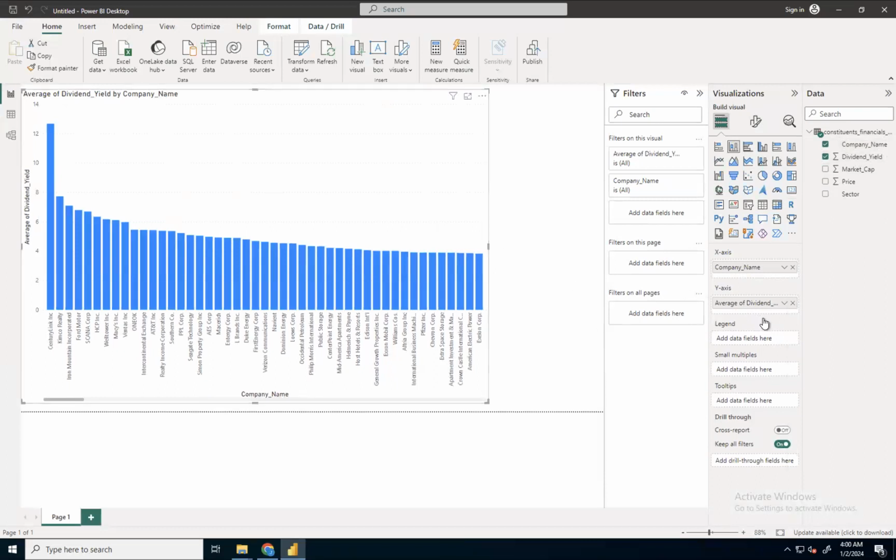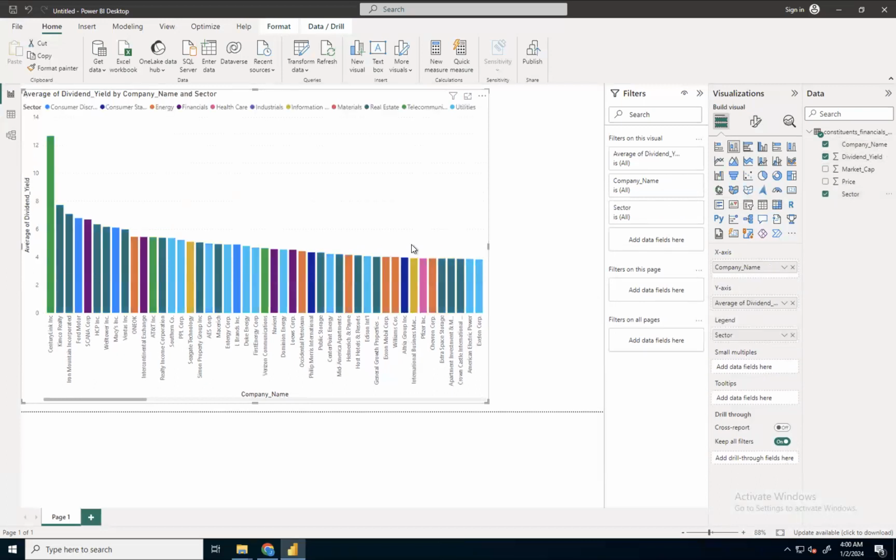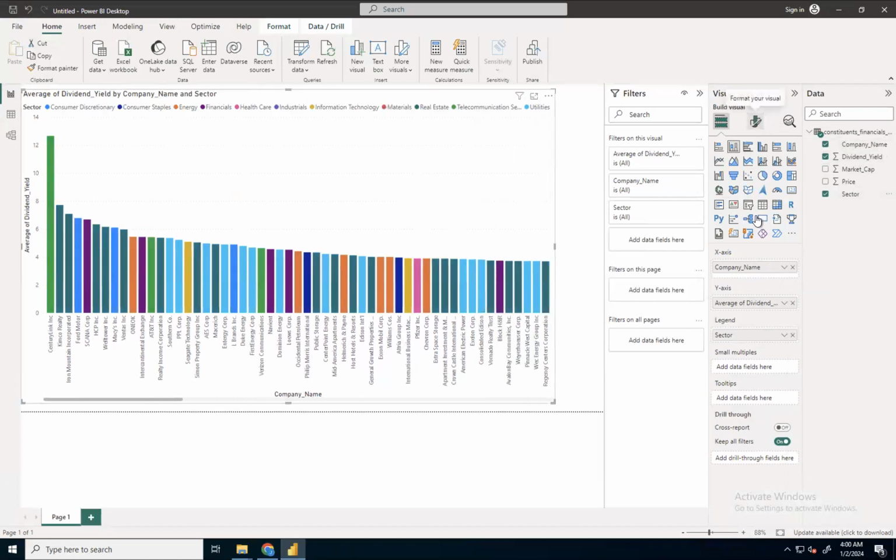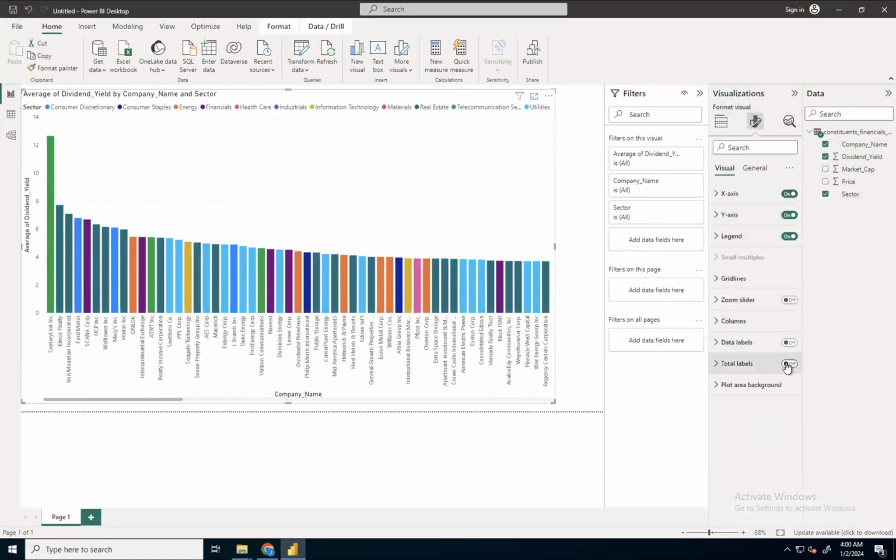After that, I want to have different colors for different companies belonging to different sectors. Labels also.